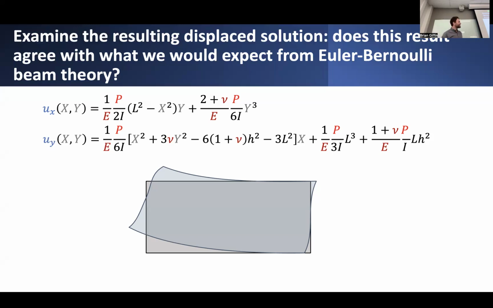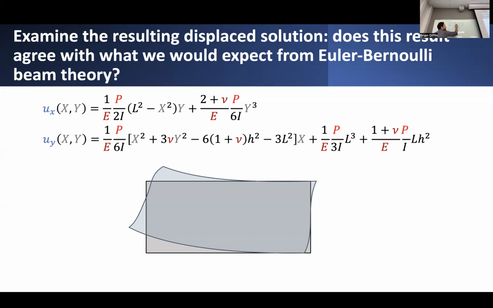Yeah, there's some interesting effects going on here that you could probably see. There are some conditions that were inherent to Euler-Bernoulli beam theory, which is the classical beam theory that you may have been previously exposed to. The idea is this: Euler-Bernoulli beam theory, the classical beam theory that you would use in your strength of materials class, assumes the following. It assumes that if you have a beam that's relatively slender, that is to say that the depth of the beam is relatively small compared to its overall length, then